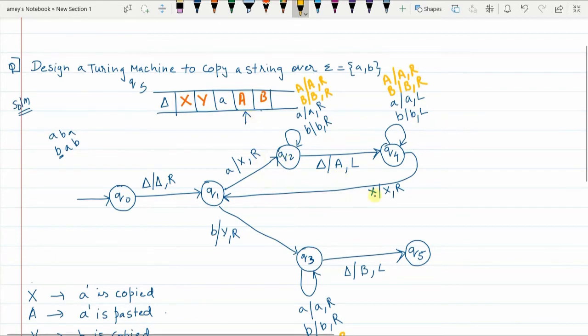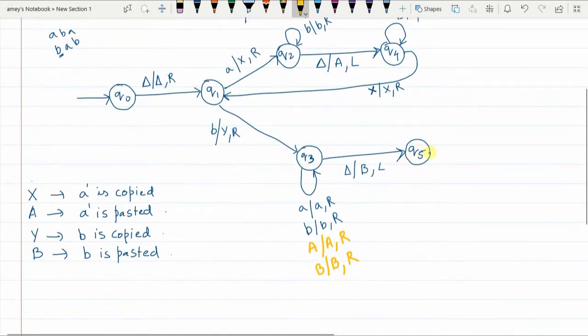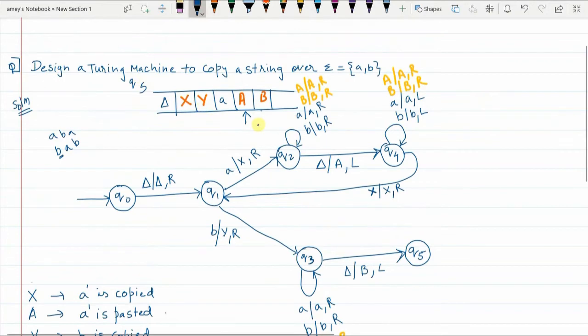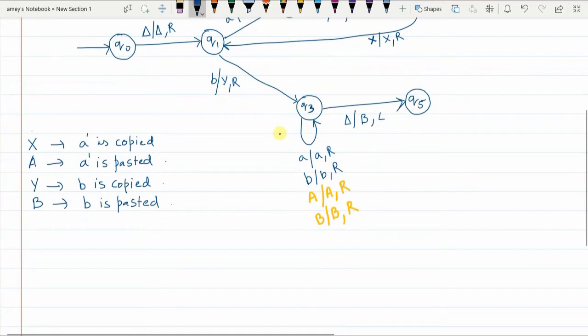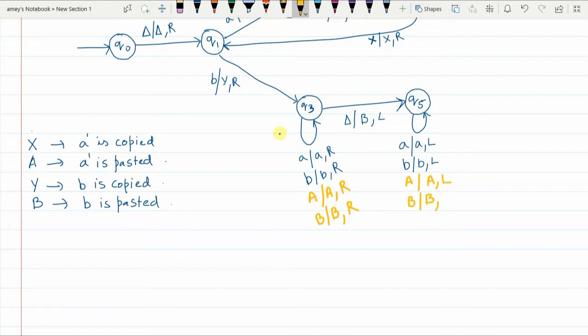And whatever happened here, the same thing is going to happen here. Exactly the same thing is going to happen here for B's. So currently we are in Q5. While coming back till capital X and capital Y, you may encounter capital A's, capital B's, or small a's, small b's on the way. All that you need to ignore and move to the left. Small a encountered, replace it with itself and move to the left. Small b is encountered, replace it with itself, move to the left. And along with that, in the second iteration, you may also find capital A's, move to the left, and also capital B, ignore and move to the left.